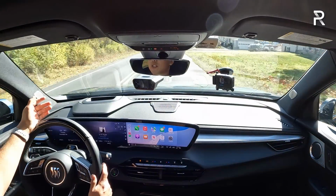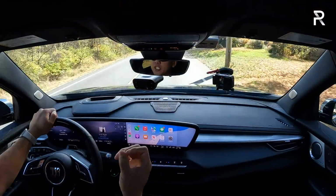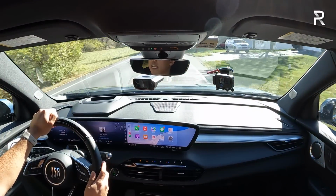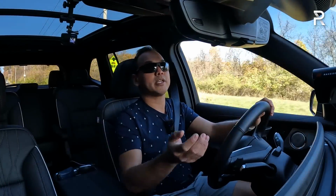But it does go down the road nicely. This is going to be great for road trips. In terms of visibility, the dash is very expansive. You have to get used to the fact that you have to look past this very long dash with the long hood, this big A-pillar here. The view out of the side is decent, the view out of the back is good, and you also have